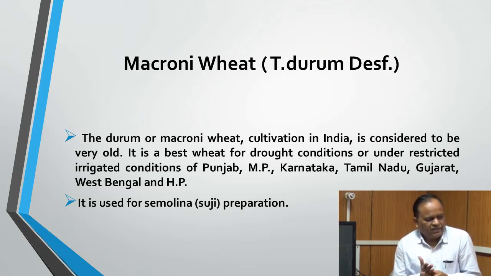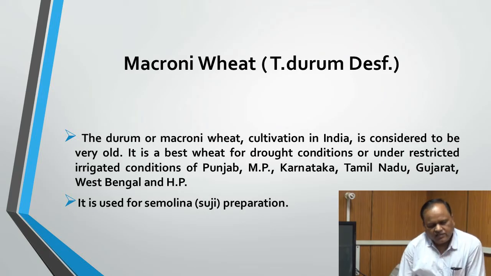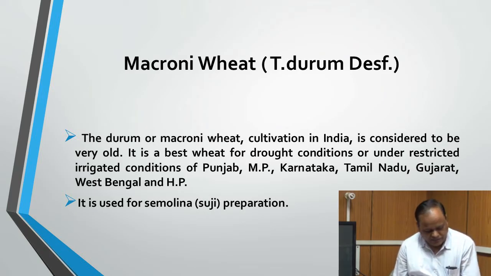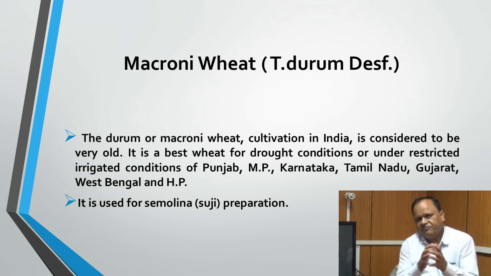So durum or macaroni wheat cultivation in India is considered to be very old, and it is actually cultivated in rain-fed areas where there is a little irrigation,